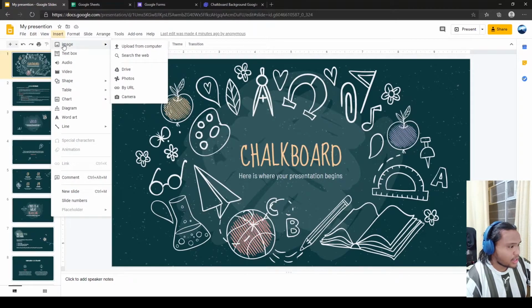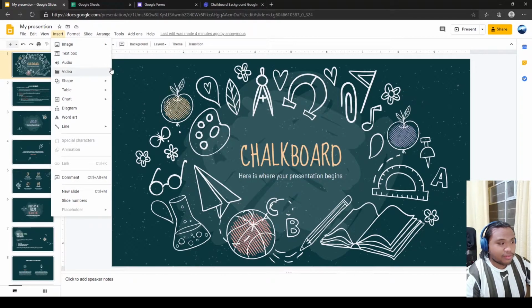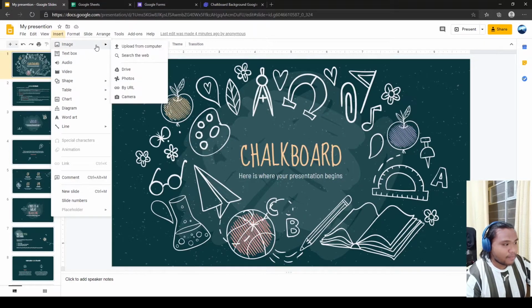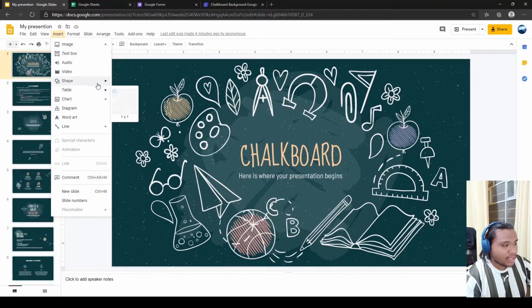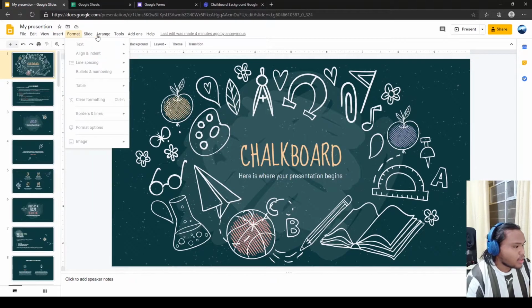Insert image, actually you can do that too. As you know, you can insert an image from your drive as well. If you have images in your drive with the same account, of course, then you can import images from your drive, and it'll automatically search for you. And it's pretty fast. It's pretty simple, right? And you have here format,